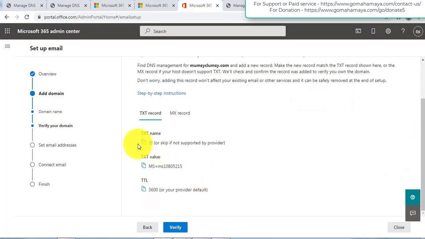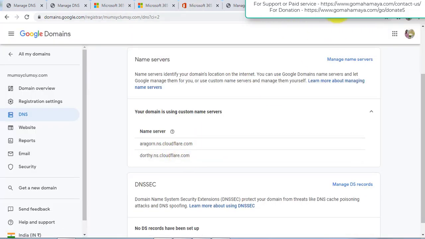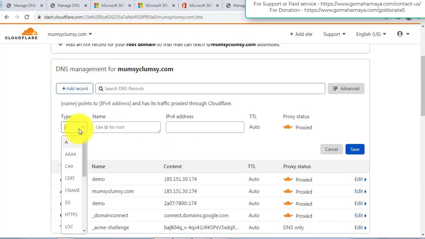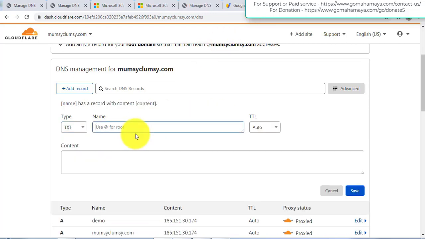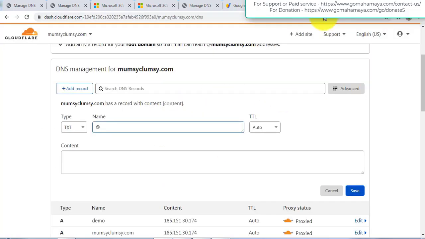So I'll first copy this value, and my domain is connected to the custom name servers of Cloudflare. So I'll go to Cloudflare and click on add record, and here I have to select the type TXT, and inside it I have to write @, which is defined for mumshiclumshi, as they have already mentioned here, and the TXT value should be this much, and we have to write down the TXT value, this one.